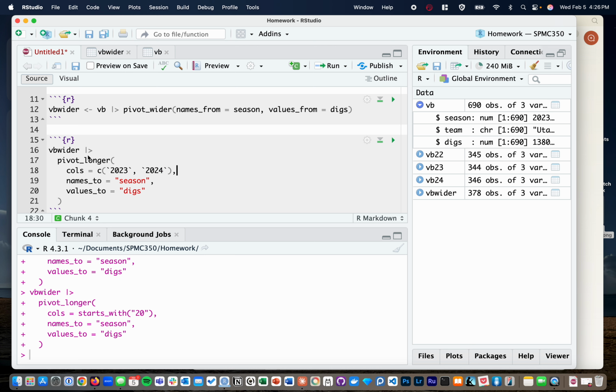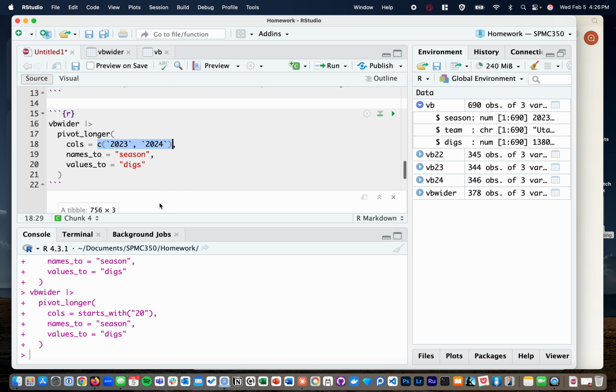More than one way to solve this problem, but the first thing you got to do is all of the columns that contain the numbers that you're going to turn, they've got to be in there. With 2, it's no big deal. If I got 12, this is a pain. I'm going to try to find some other way to do that and make it easier. Then names to and values to, whatever you put in these quotes, it's just a name. You could make this